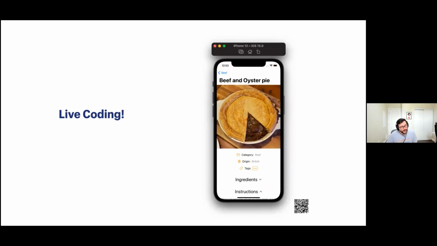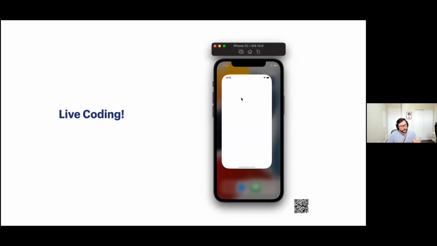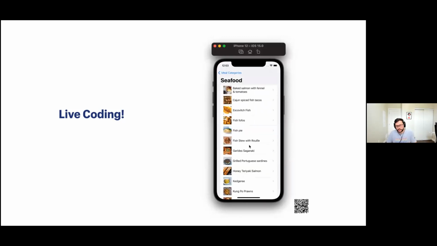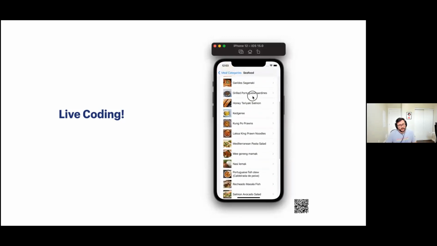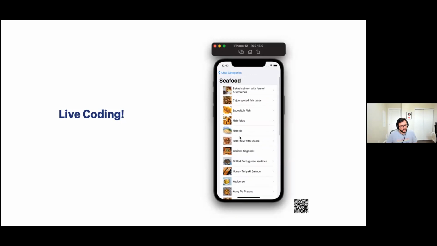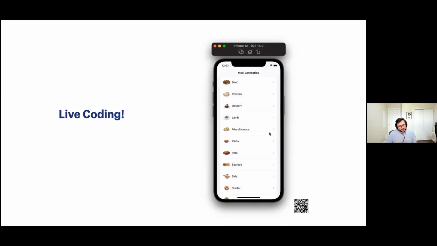Some of these do have details and will show ingredients lists and instructions. Some of these won't, and we'll be looking into addressing all of these differences